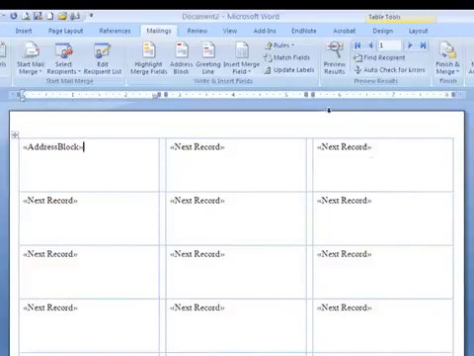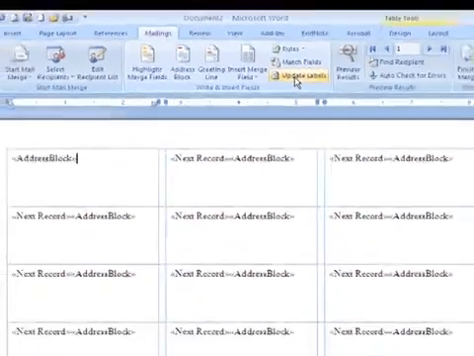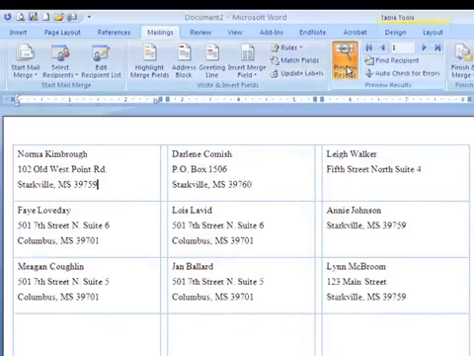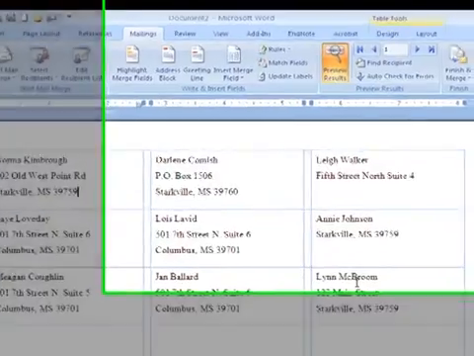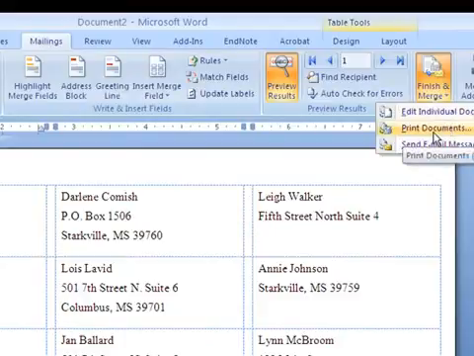And now something that's very helpful in creating these labels: instead of having to put that address block in each one of these boxes, I can choose Update Labels. And what that will do is add that address block in each of these labels, including the Next Record field. Now if I preview the results, you can see that it actually moves through my mail merge and sets those up correctly. In this case, if you finish this merge, it may be fine just to do Print Documents, or you can do